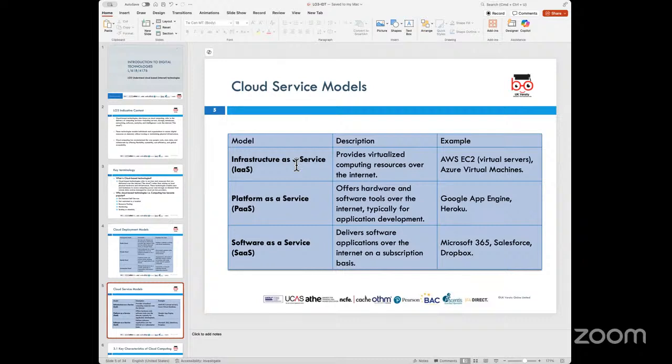Platform as a service means you're looking at hardware and software tools which are typically usable by everyone in that data center. To give you an example, there are some things which are called terminals. If you have these servers and infrastructure installed in a data center, what companies would still need is some sort of software to manage this remotely. Either it could be a Linux based or a Windows based operating system software, which is required as an interface between the data center, which is storing the data, and people who are accessing that data from outside. So in such cases, you would need applications which run as platforms.